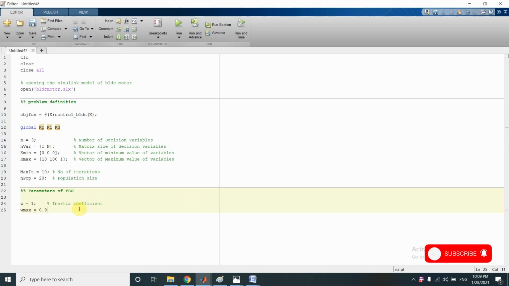This is equal to 0.9, and this is the maximum value of inertia weight. Then W min, this is 0.4. This is the minimum value of inertia weight.